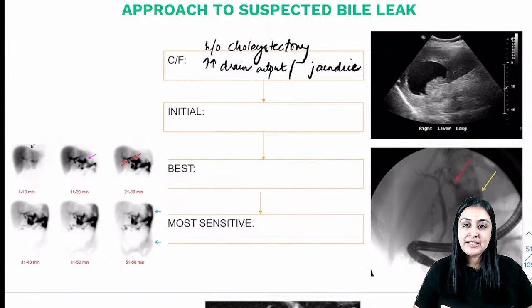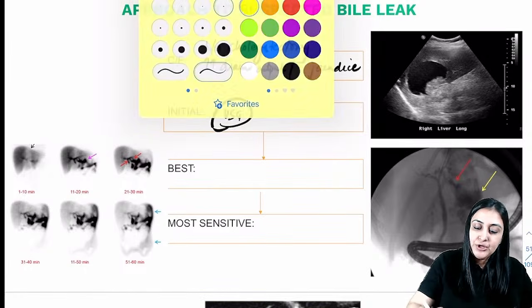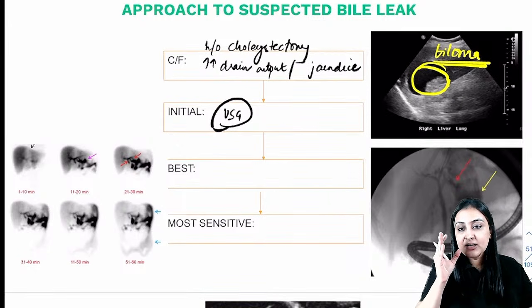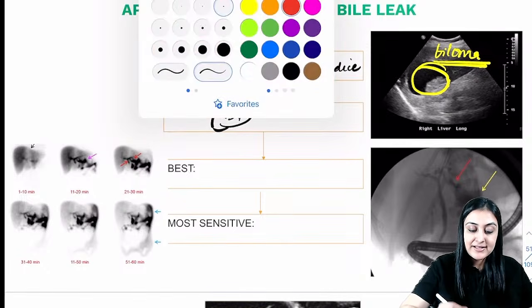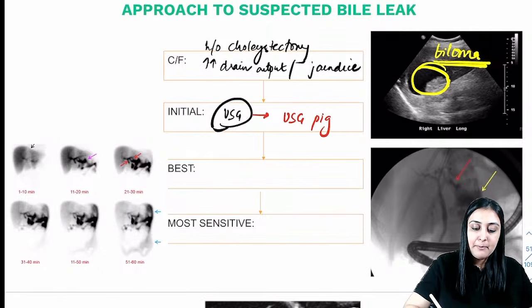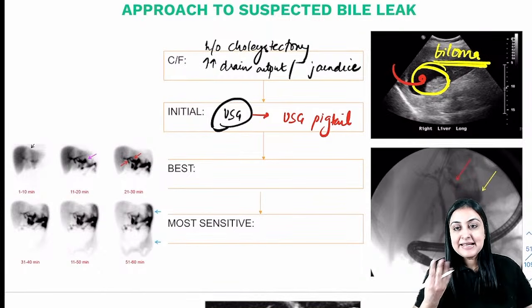And initially what will you do? The first thing you will do is ultrasound. Ultrasound will show you this anechoic collection. This is suggestive of a bilioma. This is a bilioma wherein you have a duct which has ruptured and you have bile which is collecting. What do you do next? After doing ultrasound, you put in an ultrasound guided pigtail catheter, you drain this, because most of these collections, most of these leaks will be very